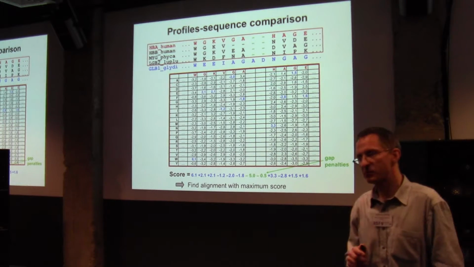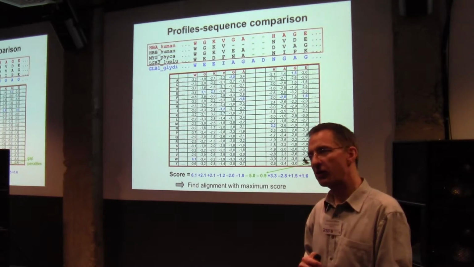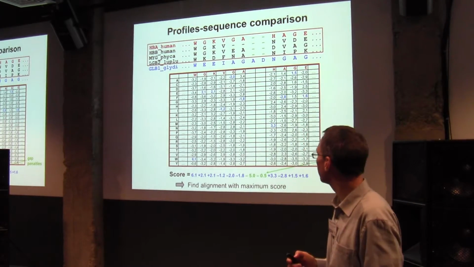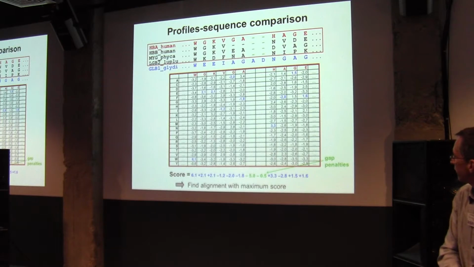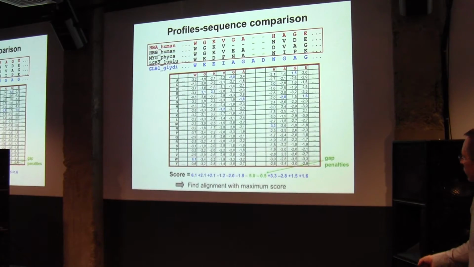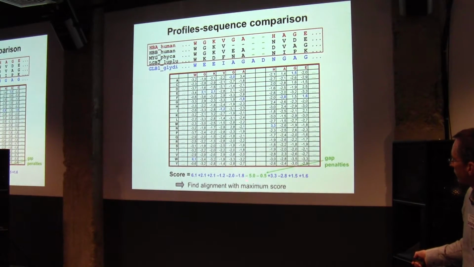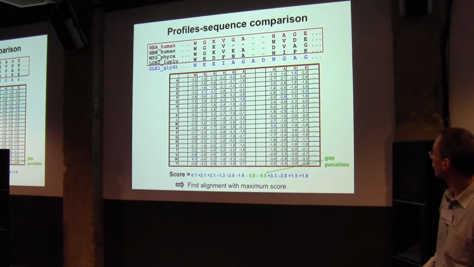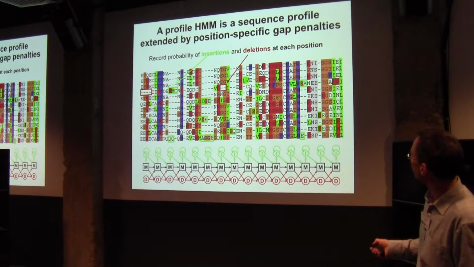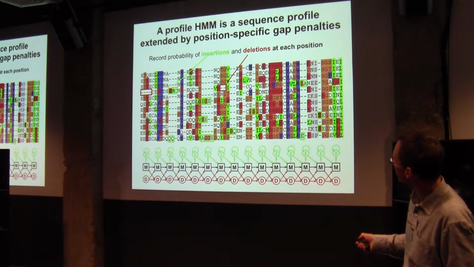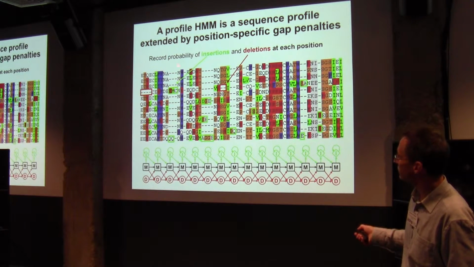Now, HMMs, so-called profile HMMs, are actually a very simple extension of this sequence profile. Because the only thing that they add to it is to have this position-specific scores. These scores are position specific. So what they do is they learn the penalties for insertion and deletion based on the statistics of the alignment